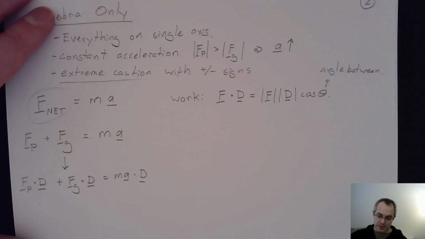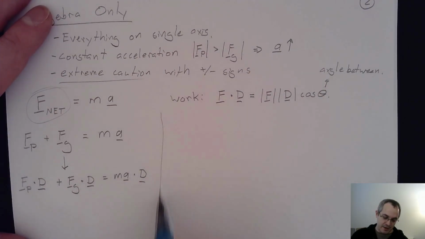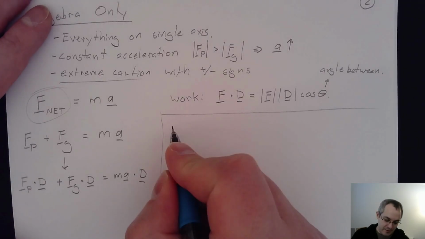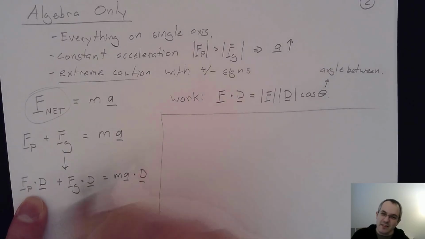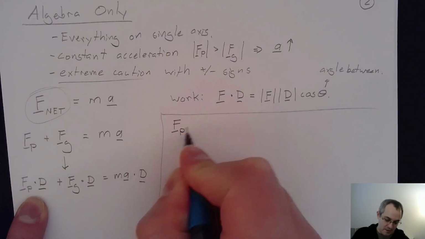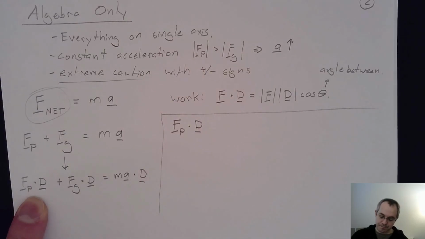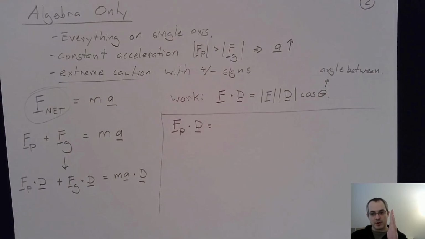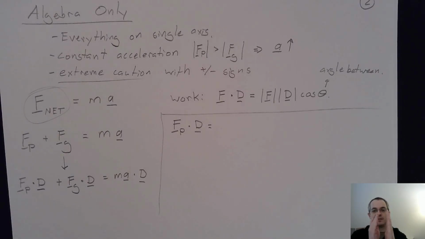So now what we want to do is take a look at each one of these terms individually. This one, then this one. So let's have a look at this first one. We already discussed it a little bit. We'll say Fp dot d. Fp points up. The displacement vector goes up as well. That means they're exactly parallel to each other. So therefore the